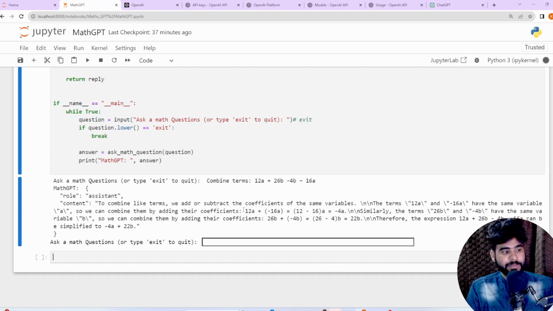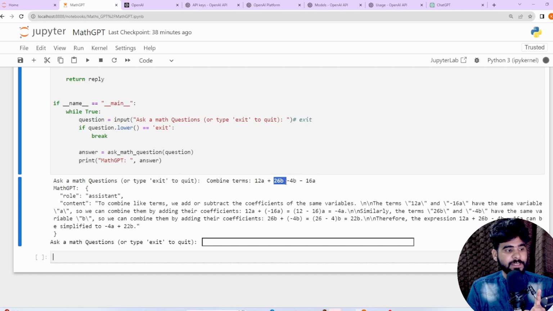Okay, so from here what our application is going to do is take a common factor for a. So 12 minus 16, and the a that we have is common from both, and the output that we are getting is minus 4a. Okay, now we can combine them by adding their coefficients. Now we are talking about the second term, the b variable.